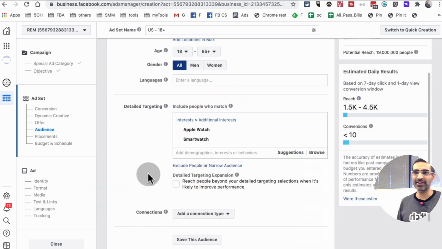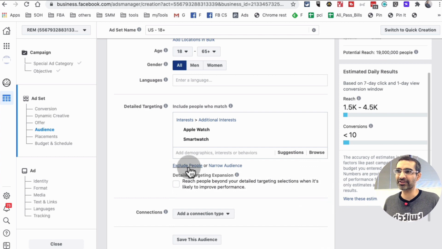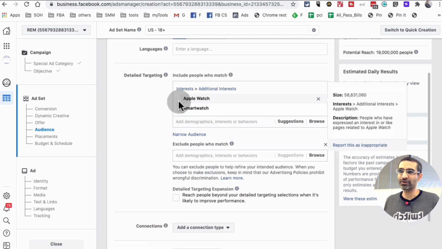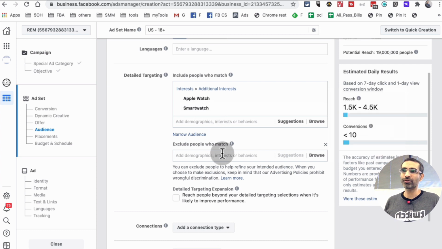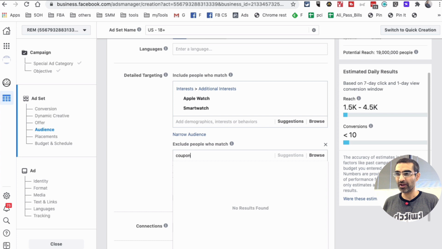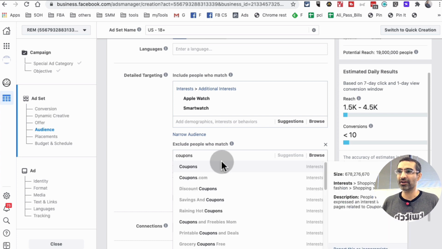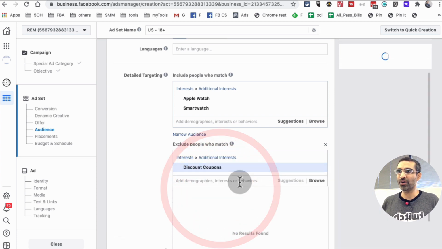Now here is the quick strategy or a hack that you can use to eliminate and exclude people who are not your ideal buyers. So what we're going to do is click on exclude people, and since the product and service that you're selling, or maybe you're doing lead generation for your product and service, is high-end or premium, you want to exclude people who are bargain hunters. So for example, if I enter the word coupons, so discount coupons,